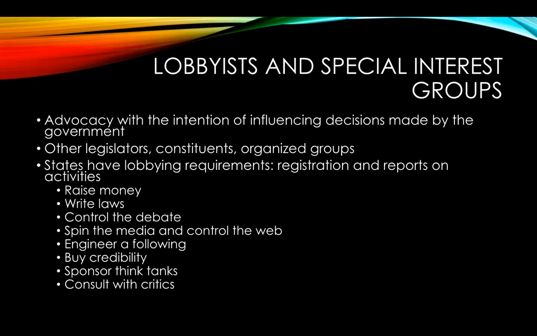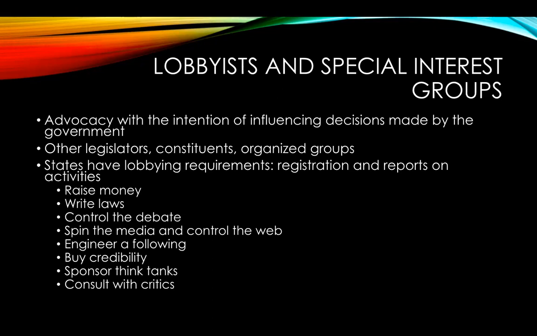Okay, so lobbyists and special interest groups have advocacy with the intention of influencing decisions made by the government. They can be other legislators, constituents, or organized groups. States have lobbying requirements where the lobbyists and special interest groups have to register and report on their particular activities,